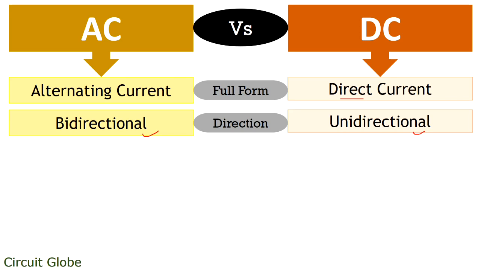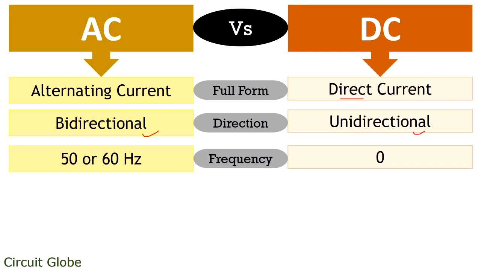The next parameter is frequency. As we know, frequency is the number of complete cycles that occur in unit time. The frequency of AC signal is 50 to 60 Hz depending on the country, because in AC 50 times the current changes its direction to have a complete cycle, while when we talk about DC its frequency is always 0. This is due to the reason that there is no reversal of direction of current in case of direct current.